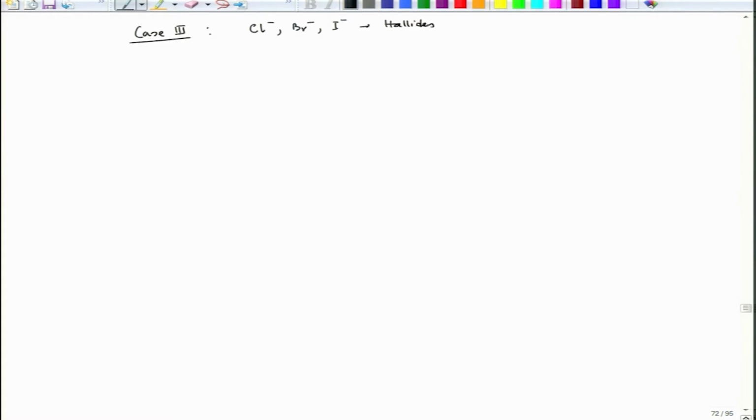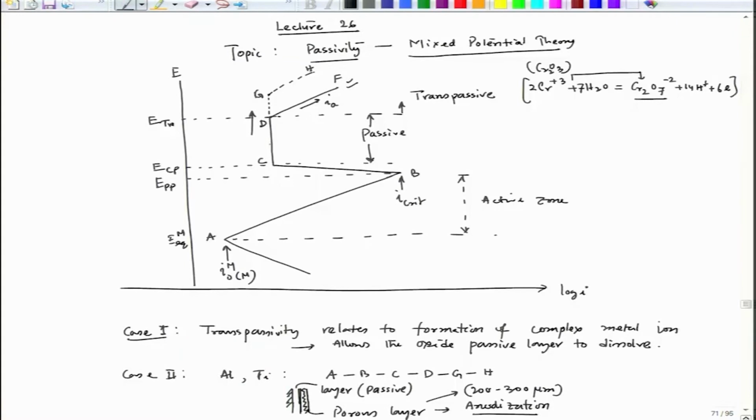If we have halides in the solution, then there could be breakdown of the passive layer, and it happens very early in the process. So, like here we can have a breakdown like this at this point. So, we can write this as E breakdown, generally written in a small form, EB,